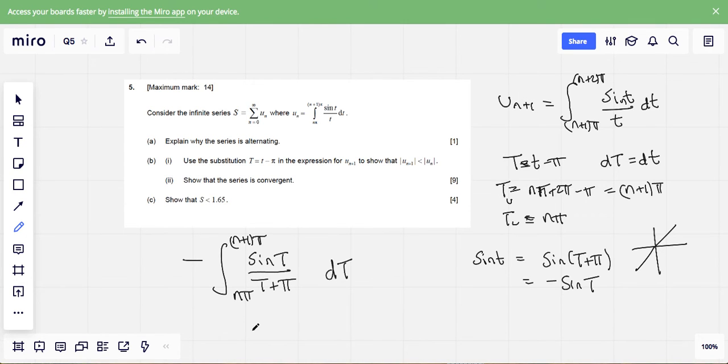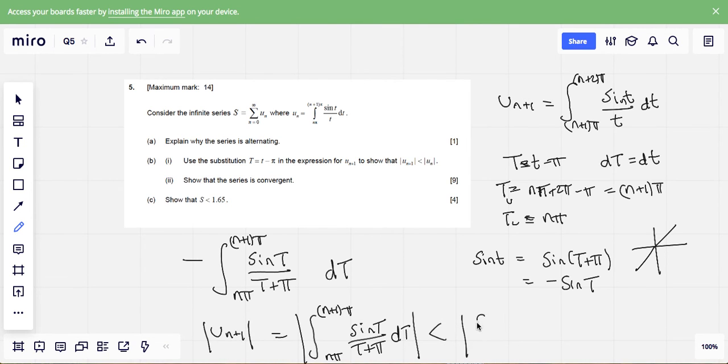Now, if you think about it, this means that un plus 1, or at least the absolute value of un plus 1, will equal, now we can forget the signs, the integral from n pi to n plus 1 pi of sine of big T over T plus pi dT, and that is less than the absolute value of the integral from n pi to n plus 1 pi of sine over